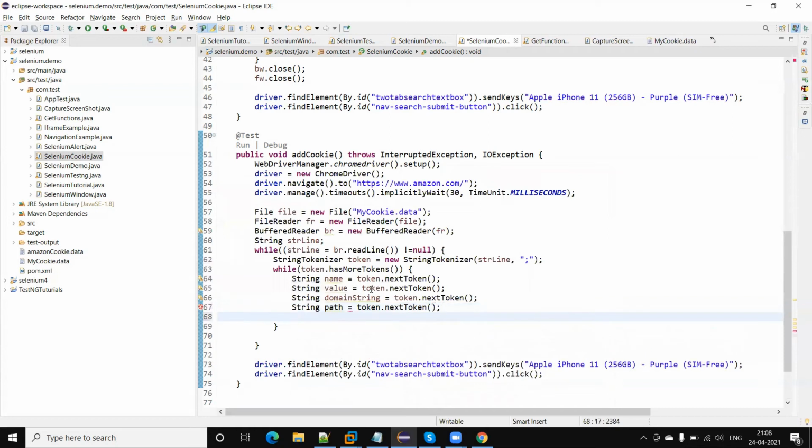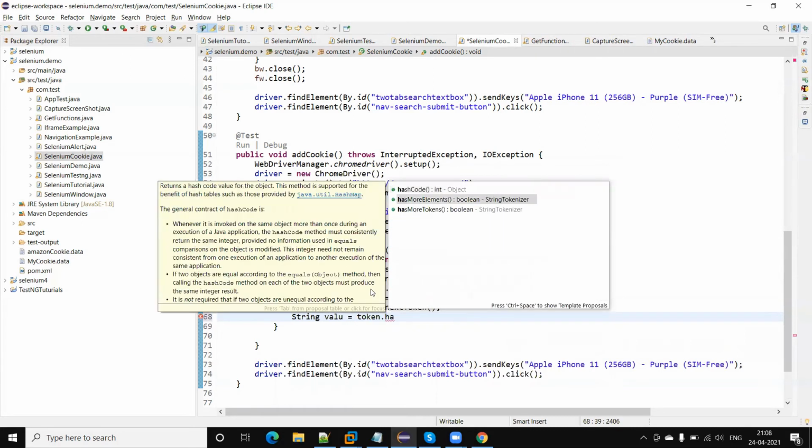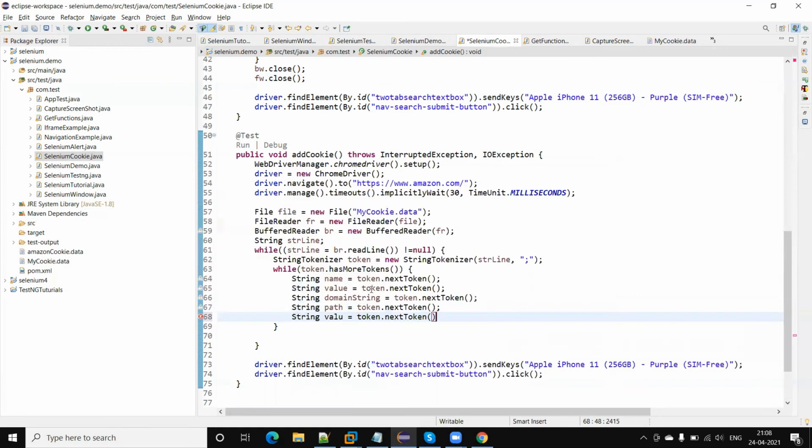Okay, after the path, I have stored the expiry date. Token dot next.